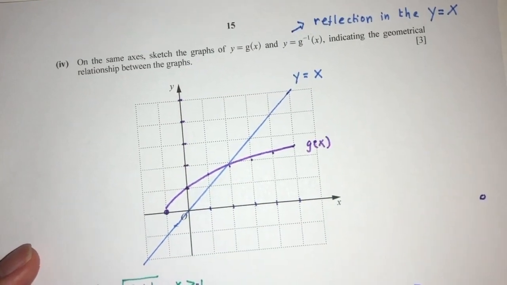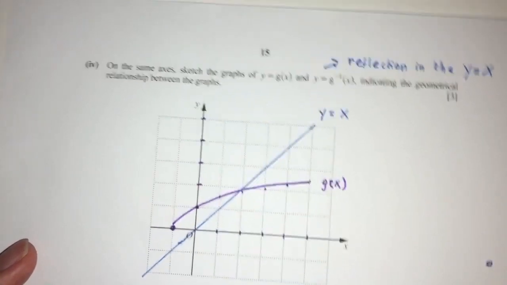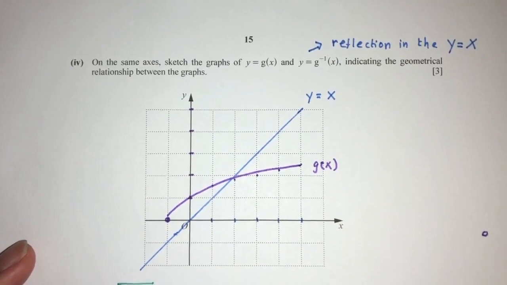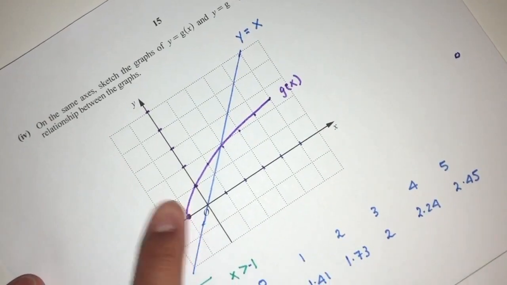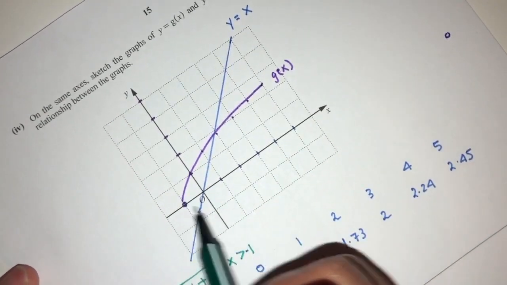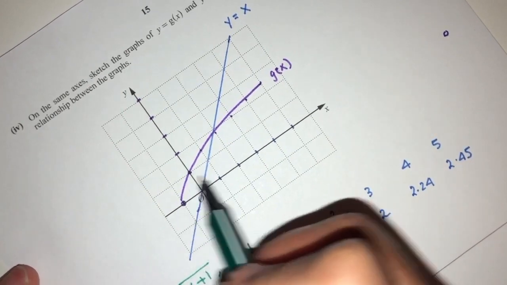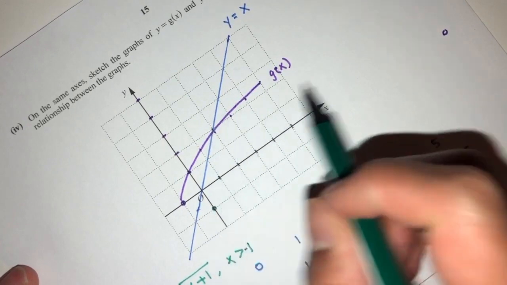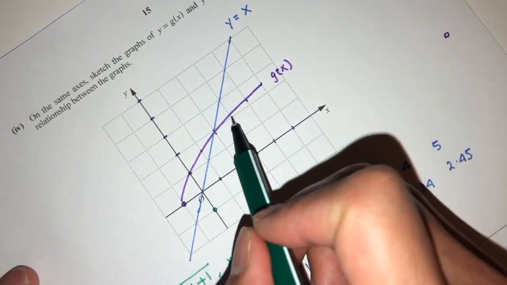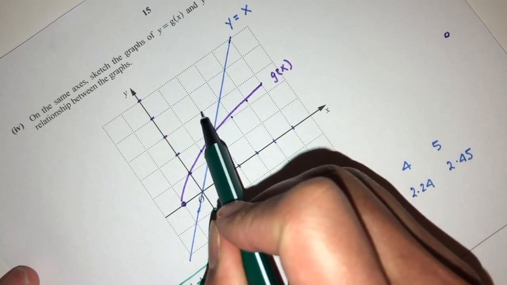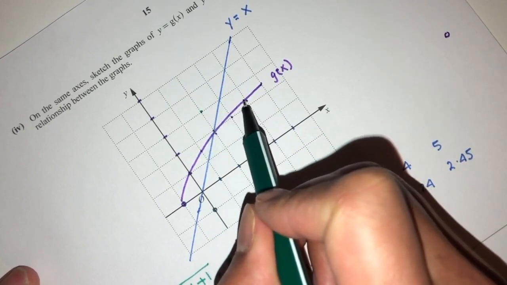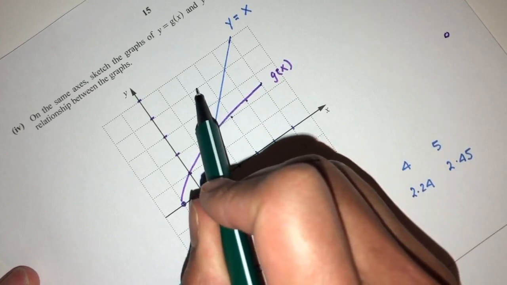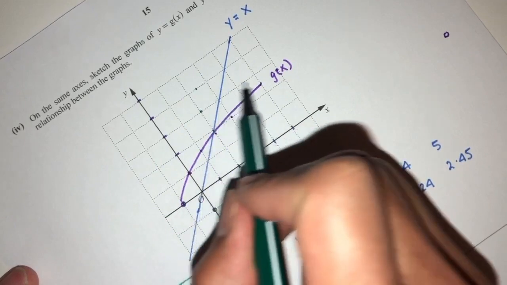That's my first curve. Now next one, since we know that the graph of g of x and the graph of g inverse is a reflection, we just have to copy and paste this, reflect this on this side. For example, this will be this one, this will be this, and this will be this, and this will be somewhere over here. So let's try to plot this as well. This one, somewhere over here,